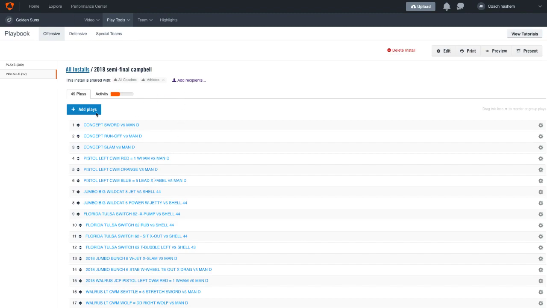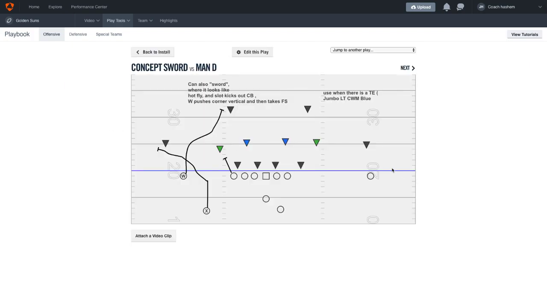Hey guys, I'm just going to do a quick run through of these plays again. First of all, the sword concept. Again, you guys are just trying to raise this guy and go block here. You can run a bit of a go route and block him. If this isn't working, you guys can base it. And if you base it, the W you're here, and X you're